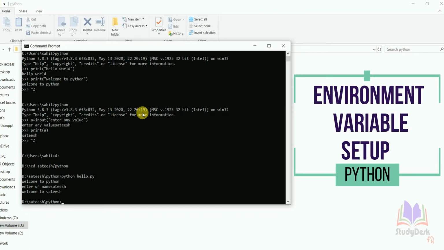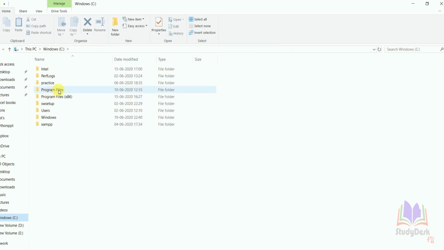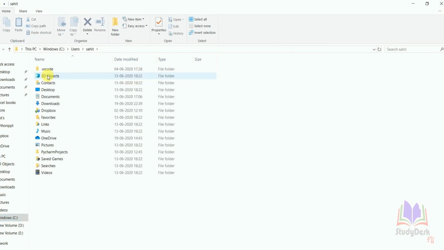And before closing the session, I will also show you how to set the environmental variable. It is not needed in our case, but sometimes if you forget to check that box, definitely it will cause an error: it is not recognized as an internal or external command. So in that case, what we have to do? First we need to copy the path where our Python got installed in our machine. So in my case, it is installed in C drive,